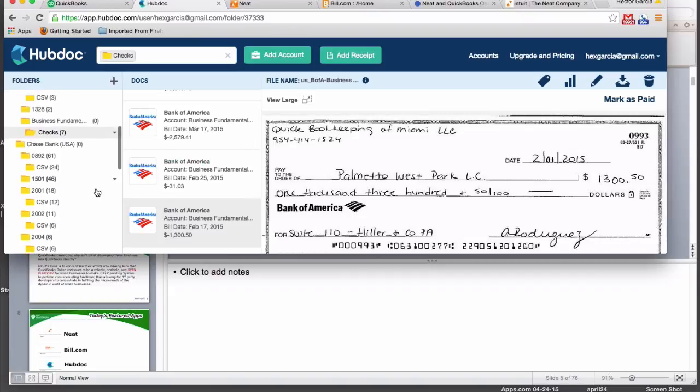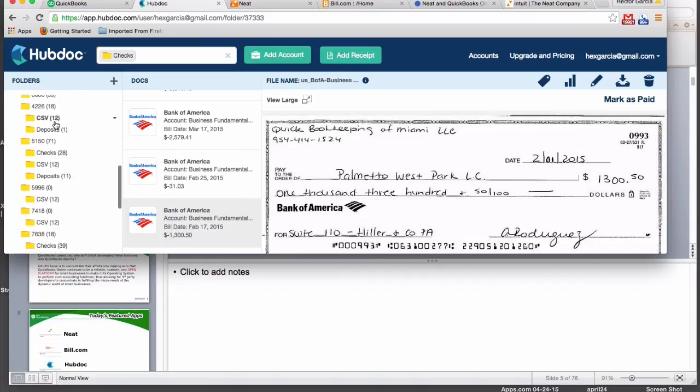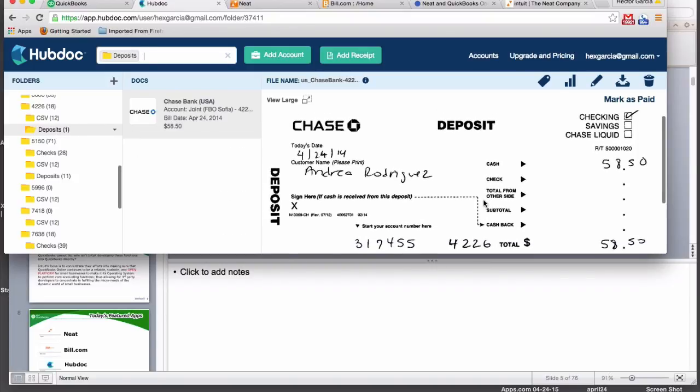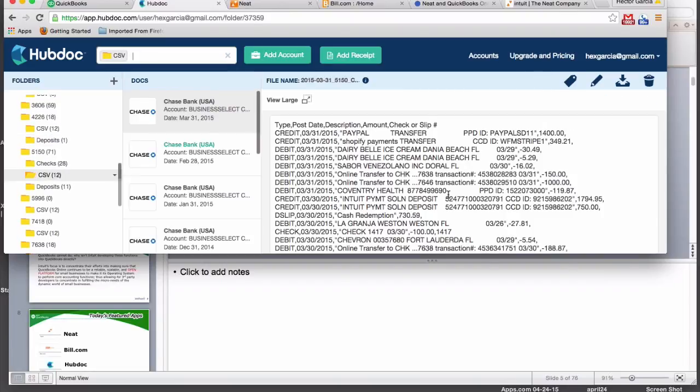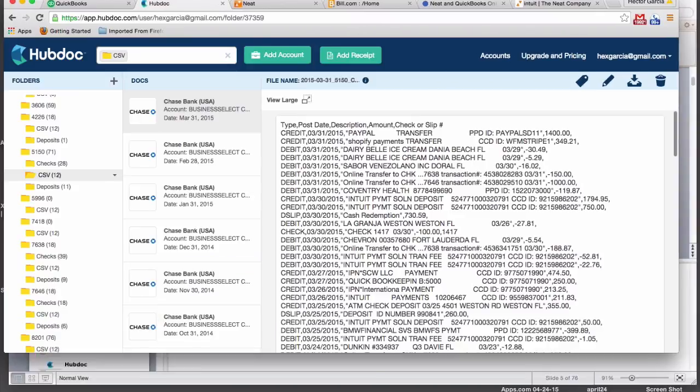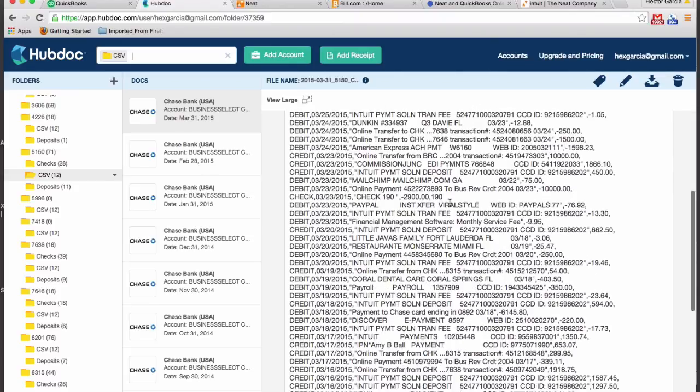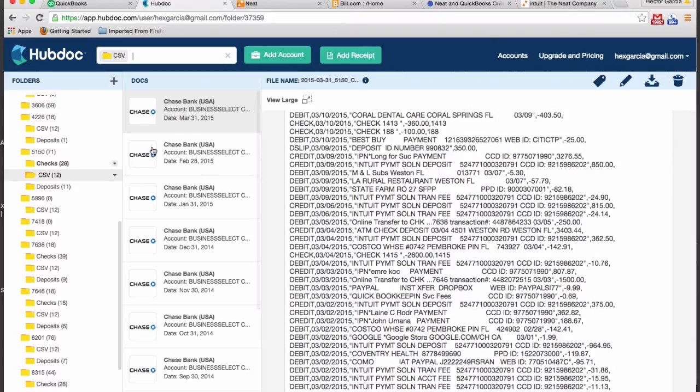Let's see if I got any deposit images to show you right here. So deposit image here, same thing, right? So deposit image comes in, and even better, every single detail, not just the deposit image, but every single detail. The other thing I really like about it is it automatically downloads and stores for you a CSV version of your bank statement. So if you ever need to pull it in Excel and take a look at it,